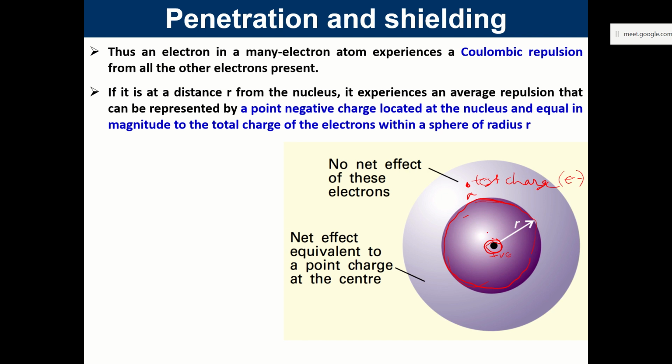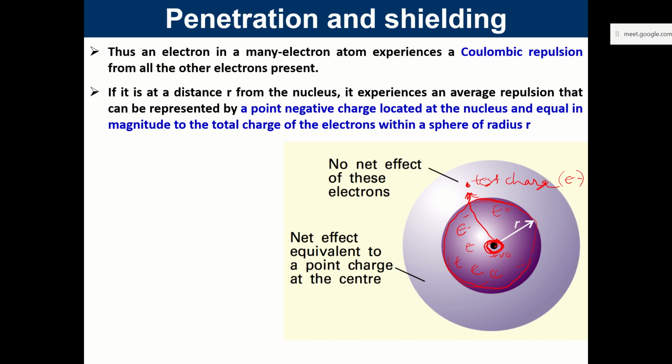This distribution of electrons that we have seen, so electron density is there inside this circle. The positive charge is here at the nucleus, and so if you have to consider the net effect,